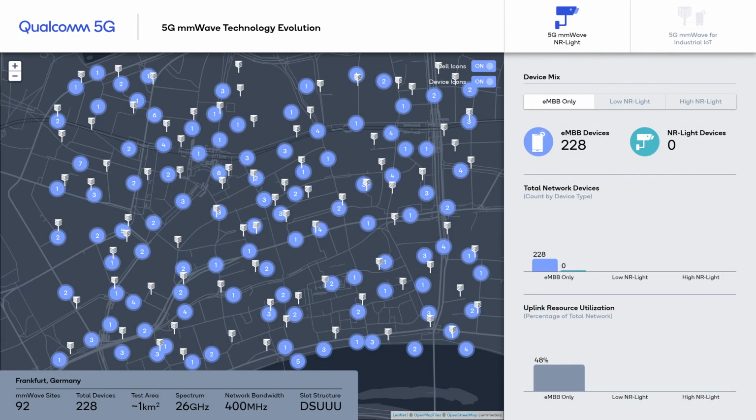So while 5G mmWave continues to evolve, bringing better performance and efficiency, it is also expanding its reach to new device types and tiers. In Release 17, the Reduced Capability or NR-Light work item defines a new mmWave device class that can more efficiently support the growth of IoT devices while delivering the wideband and low latency benefits of mmWave. This is a system simulation of a 5G mmWave network operating in the 26 GHz band with 400 MHz